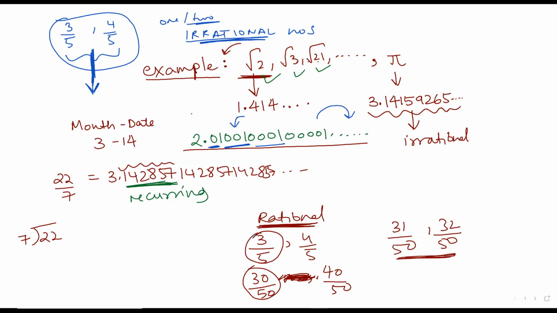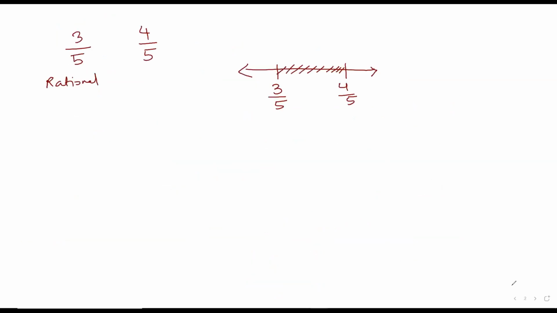So that means now you'll have to convert this and this into decimals, right? What we can do is convert these two things into decimals, and then we can see what numbers are lying over here. So if we talk about the decimal expansion of 3 by 5, can someone quickly calculate that and tell me?